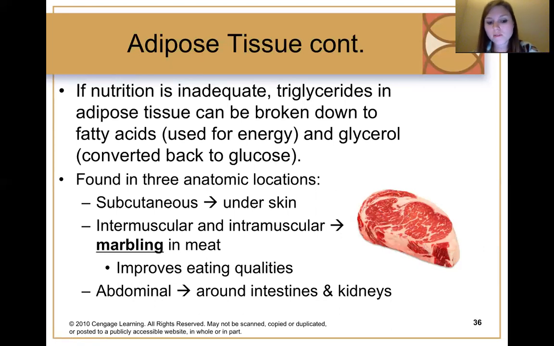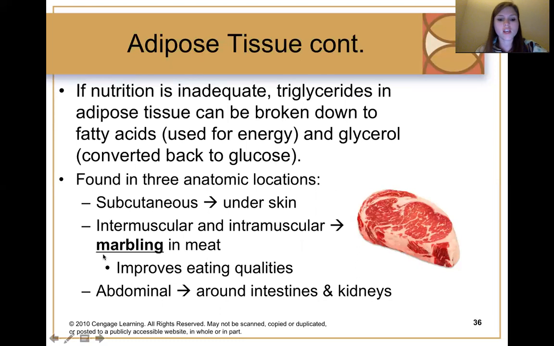This is important because it improves eating qualities. It improves the tenderness, the taste, and things like that. So typically when meat is being graded as prime or choice, whatever it's going to be graded as, one of the characteristics that will be looked at is this marbling quality. How much intramuscular fat does it have? That's a really good thing and something that is thought about a lot when it comes to